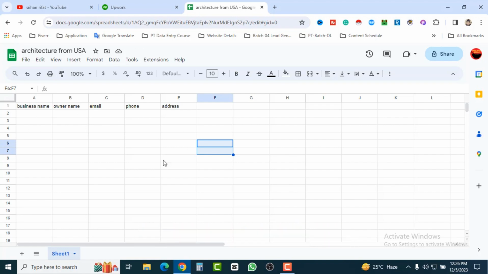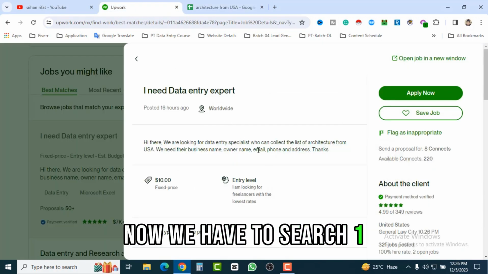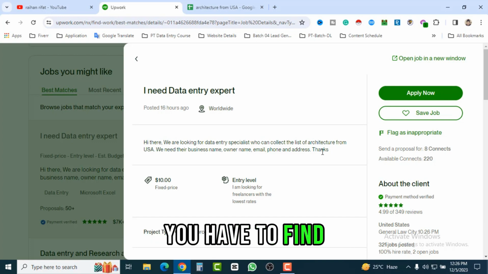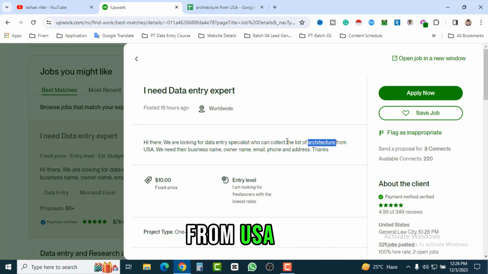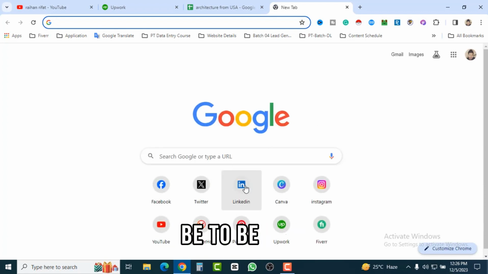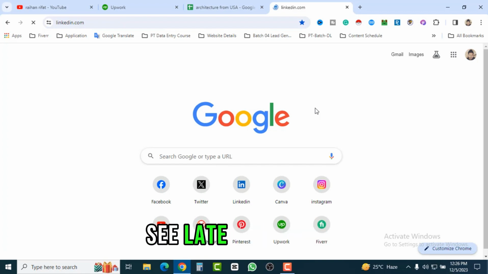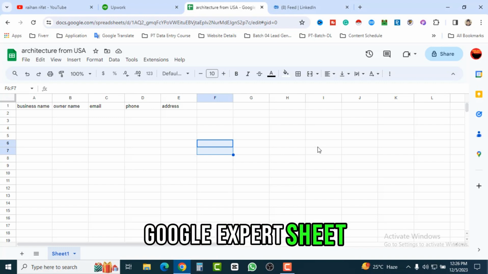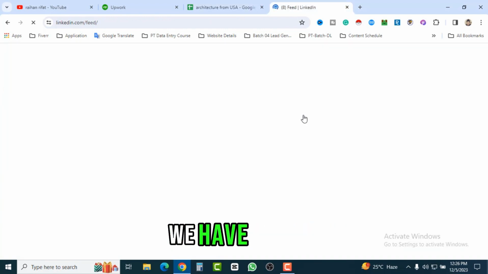Okay, perfect. Now we have to search on Google or LinkedIn. So wherever you search, you have to find the architects from USA. So how can you do this? Let's find them from LinkedIn. LinkedIn is the best platform for finding leads. That means it could be B2B lead generation or any kind of B2C lead generation. Okay, so how can you find them from LinkedIn? So it's step number 3. Step number 2, we have done our Google spreadsheet, and step number 3, we have to find the leads